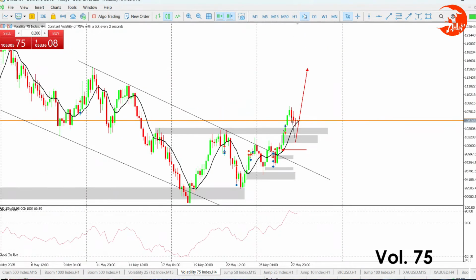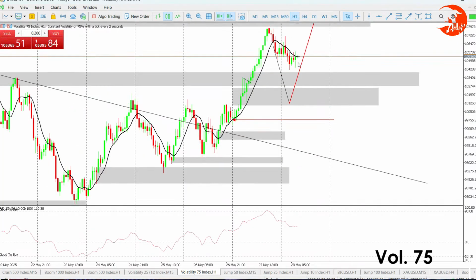But I want to understand, why did it go all the way up? I don't see any reason why. Maybe it's because of this order block. Let's see if it touched it. Yeah, it actually touched it. So it came to that order block above on H4. Okay, all right, so after that price started to sell, so it's going to do a pullback up to test, to try to look for a new higher high, but it will fail, then it will come into sales. So that's what we are going to see.